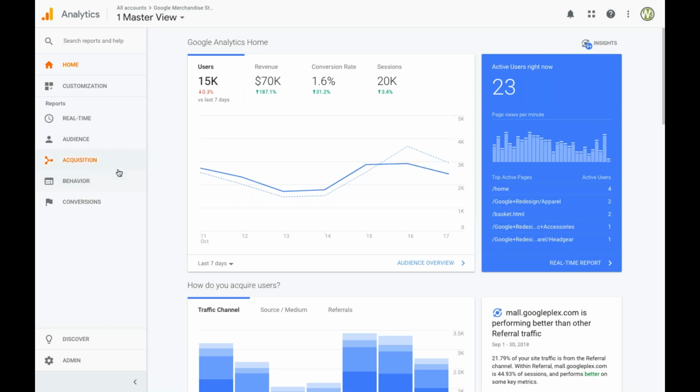And then next is behavior, and that really answers what are they doing when they're on your website? What are people doing when they visit your website, and then once they're on your site, what are they doing while they're on your website, and what do they do when they leave? We want to understand why people are leaving, but what are they doing when they're leaving? And ultimately, conversions, which should answer why were people on the website in the first place, and what we ultimately